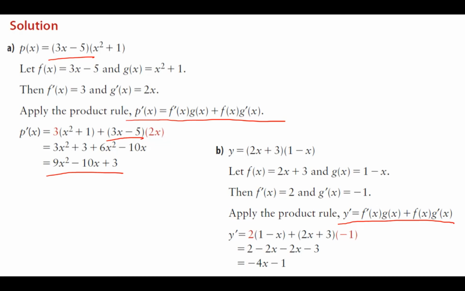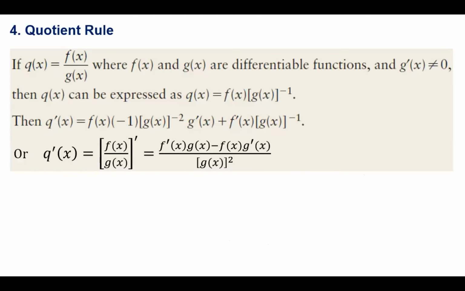Okay, so similarly, we have the difference rule based on the sum rule. So probably you can imagine the next rule is called the quotient rule, right? Because the quotient operation is the reverse process of product. So the quotient rule states that if we have a function q, which is a ratio between f(x) and g(x), of course, f(x) and g(x) are differentiable functions, and g(x) is not 0, then